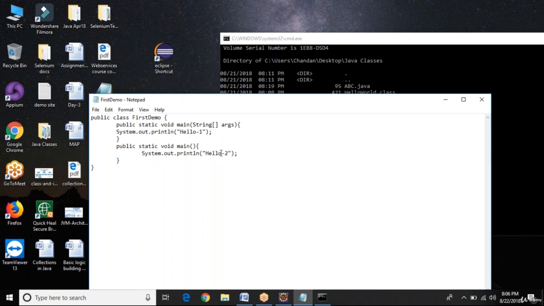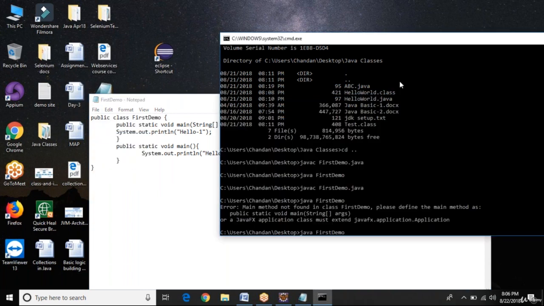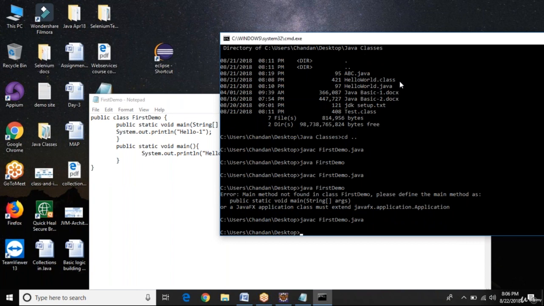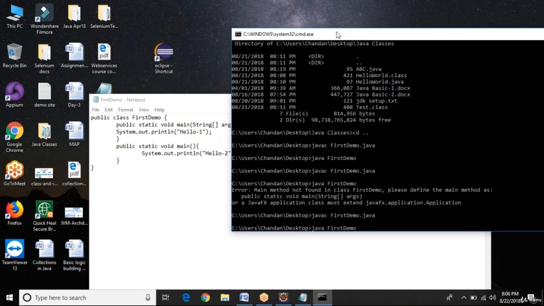If I compile this program, do we get any compilation error? The answer should be no, because there is no problem with this program. Now when we execute this program, do we get any exception? And if we do not get any exception, then what will be the output of this program? Can you guess what the output of this program will be right now?